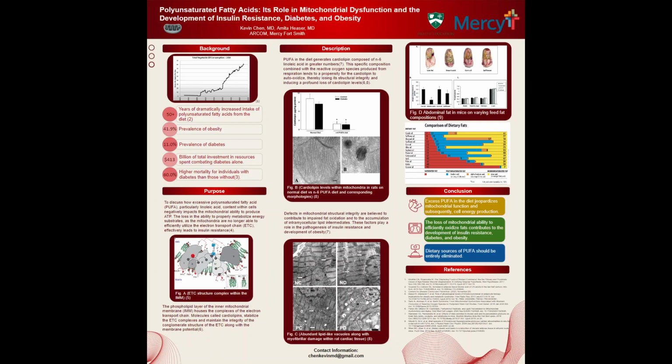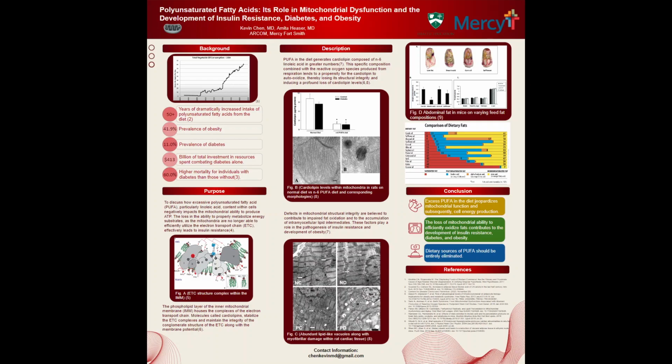biophysiological perspective. With an increased intake of polyunsaturated fatty acids, or PUFA, the percent composition of PUFA within adipose tissue and phospholipid bilayers of cells also increases. This poses a problem because PUFA have a key distinction in its structure from saturated fatty acids in that they contain double bonds. By the chemical nature of these bonds, they are extremely prone to oxidation, and this is especially problematic in mitochondria because of the specific molecule called cardiolipin.